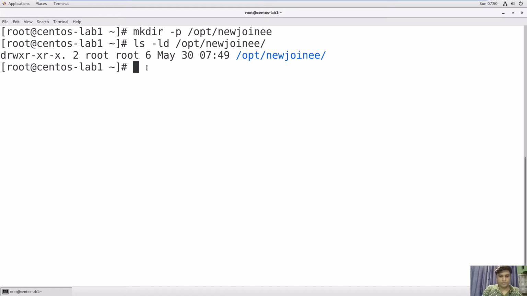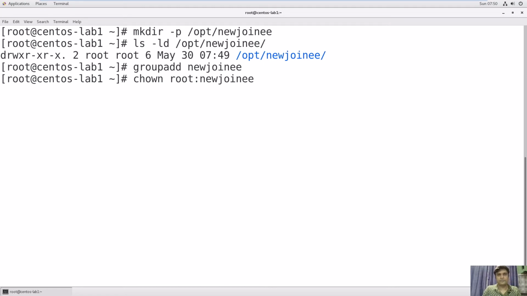Now we will create a group with the same name, groupadd newsjoiny, right? Now we will associate this group with this directory. So we will use chown root:newsjoiny, the group which we have created, and then the directory /opt/newsjoiny.